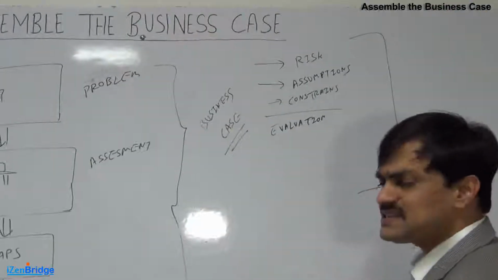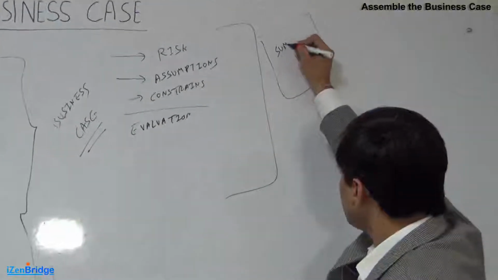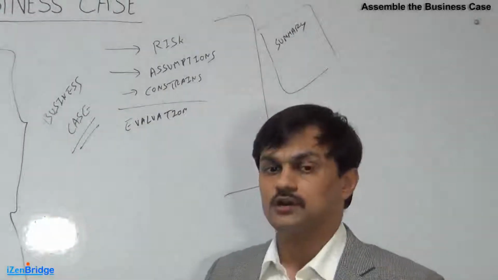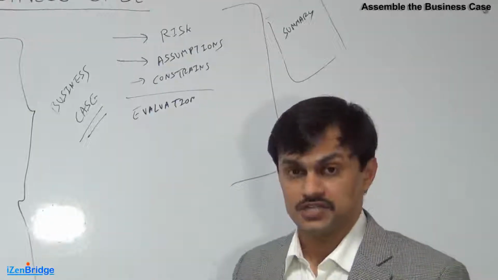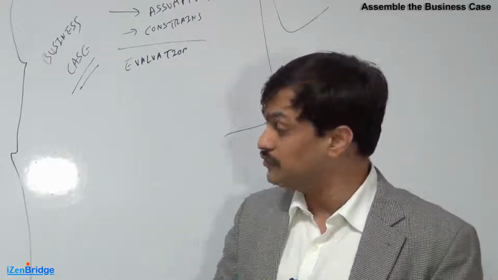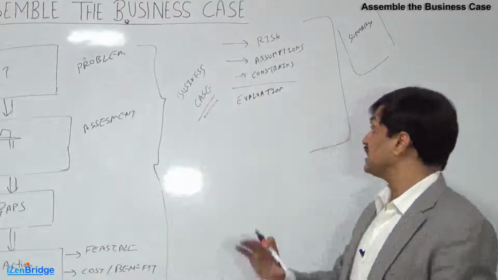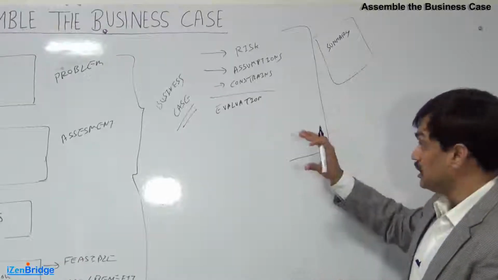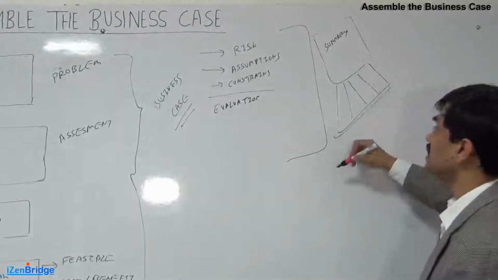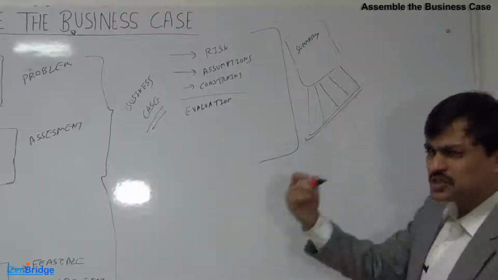Now, a good business case document should have an executive summary, because usually business case documents are looked at by stakeholders who are very senior in the organization. So they just want to get the big picture. They may not want to get into the detailed analysis of your selection of a particular solution. So you need to present a big picture in an executive summary manner at the beginning of your business case, and it can be supported with a detailed justification and alternative analysis. So somebody who wants to get into the detail can see these details. It also depends upon your stakeholders.